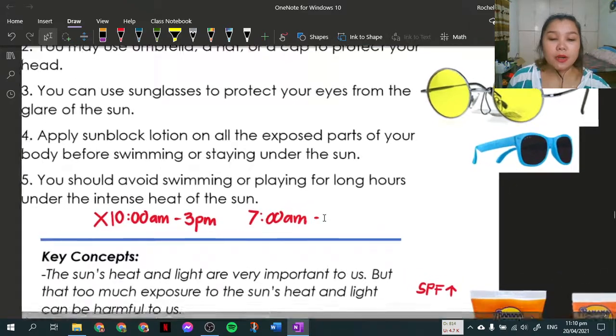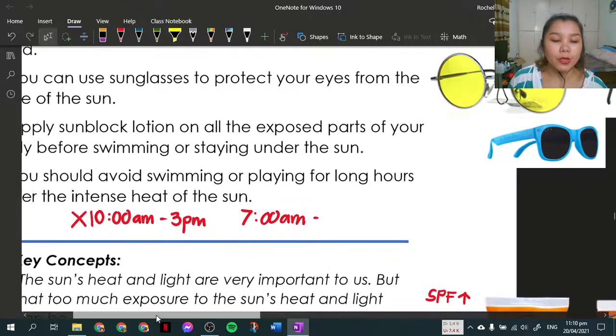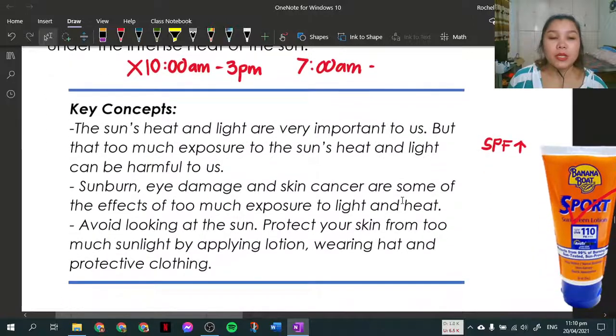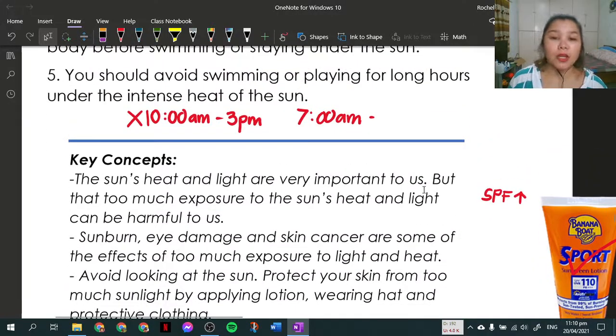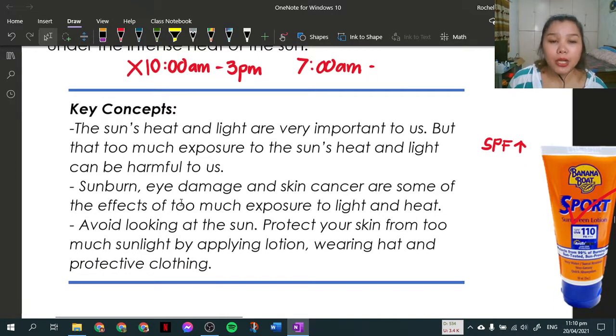Okay, so in summary, or the important points that we have to remember. The sun's heat and light are very important to us, but too much exposure to the sun's heat and light can be harmful to us. Pag something na sobra, syempre masama na din yon. Sunburn, eye damage, and skin cancer are some of the effects of too much exposure to light and heat. Avoid looking at the sun, protect your skin from too much sunlight by applying lotion, yung sunblock or sunscreen,